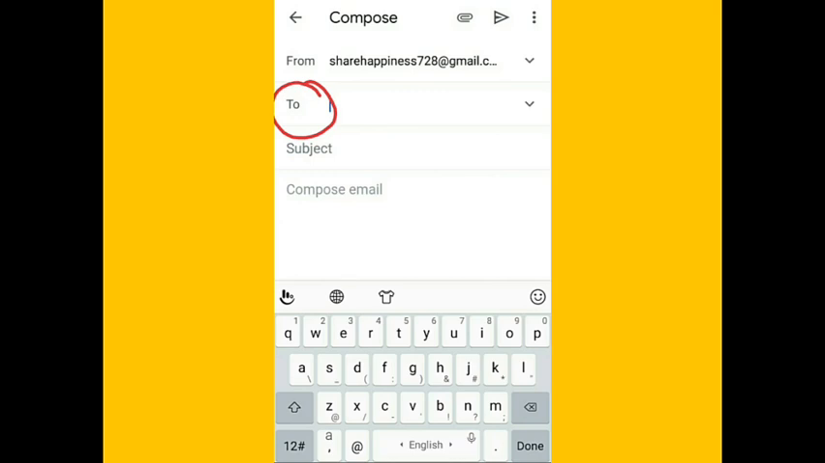After this, a page like this will appear. By default, your mail ID is already set in the from part. Now, in the to part, you have to write that particular mail ID on which you have to send the